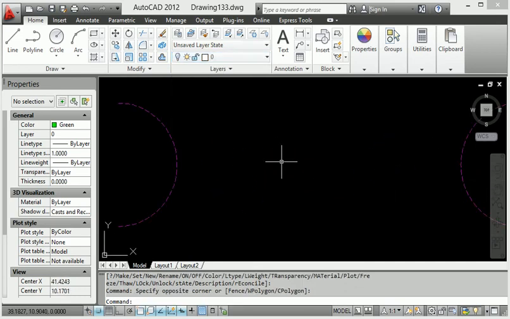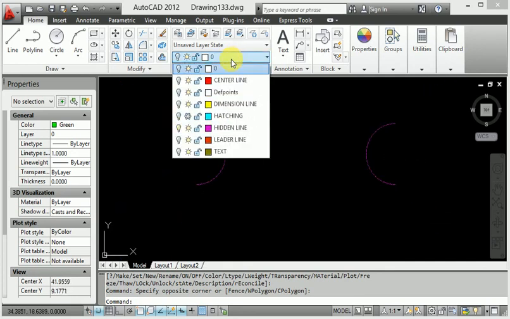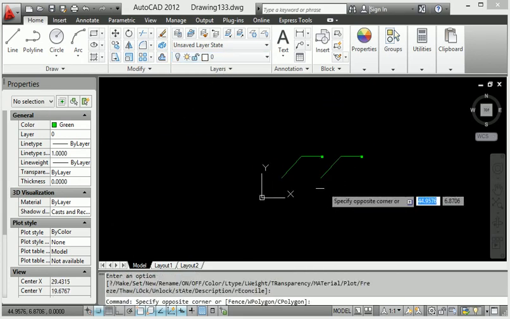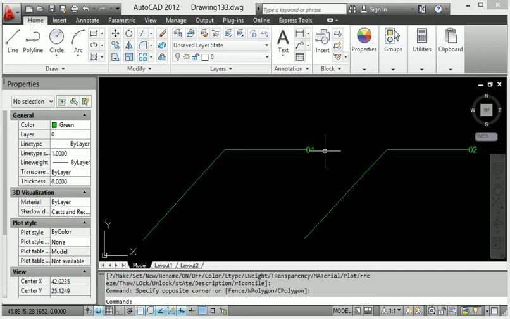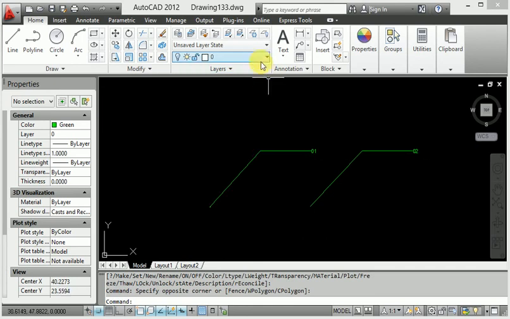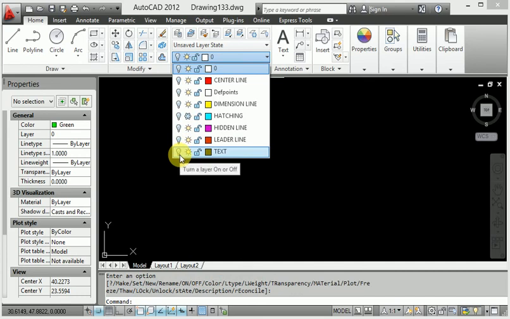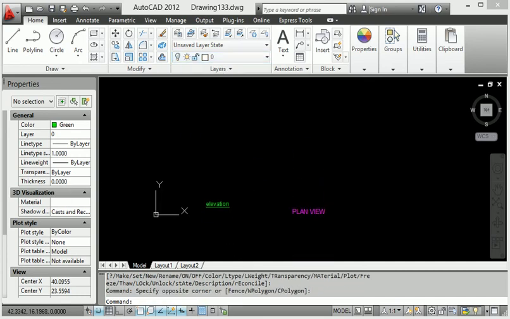If you look at this here, this is the hidden line also. When again hidden line is hidden, go to leader line. So this is the leader line, number 1 and number 2. Then also exit hidden line, leader line, then enter the text. So our text is of 2 types, elevation and plan view.